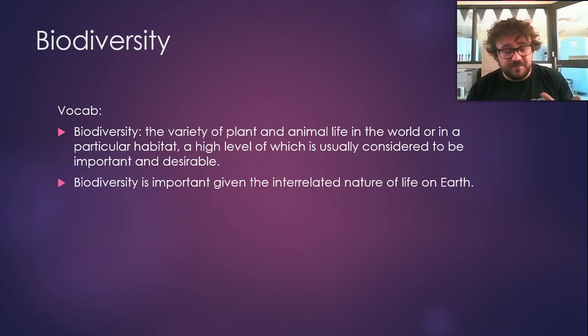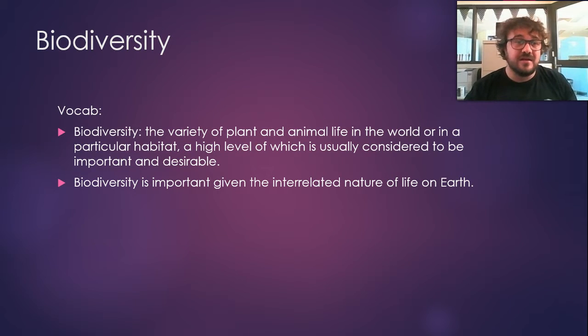So let's look at biodiversity. Basically, it's the variety of plant and animal life in an ecosystem or a habitat. We want as much biodiversity as possible, and that's because if something catastrophic happens, the other guys will be able to survive because you've got diversity. There are different things to balance each other out. It's all because everything's kind of related in many ways, not just genetically, but everything relies on one another. So if biodiversity starts to die out, that means things are going to start missing out on what they need.